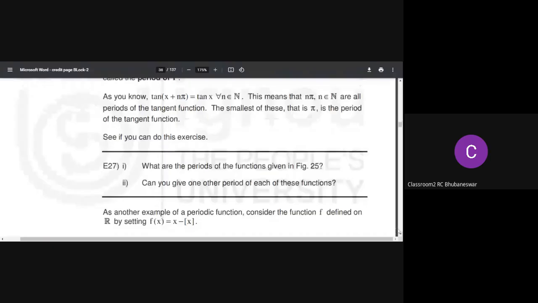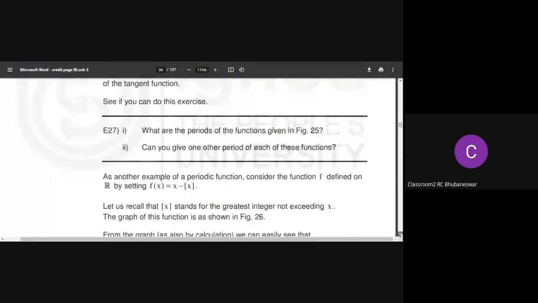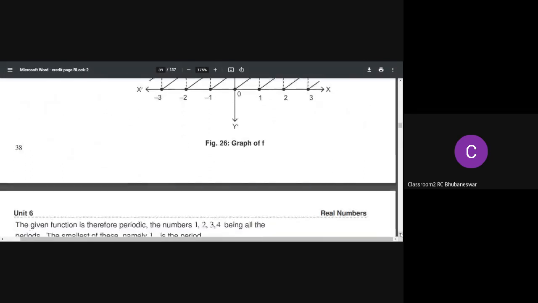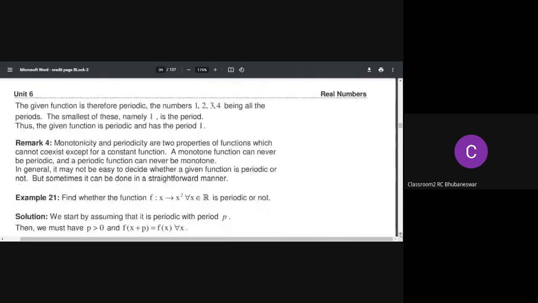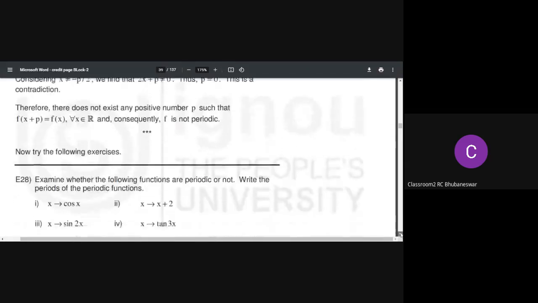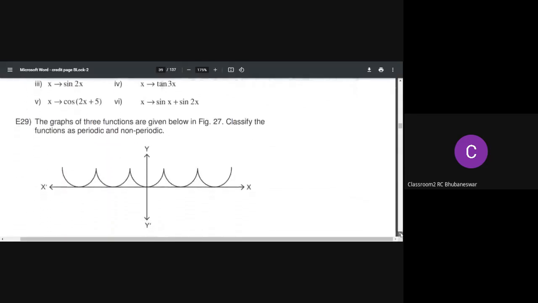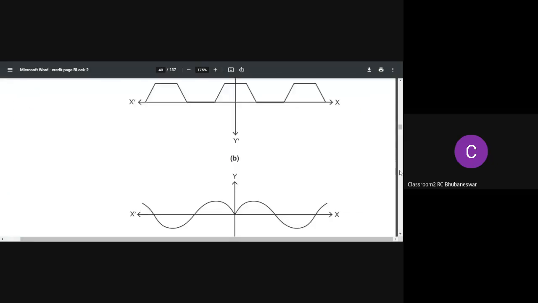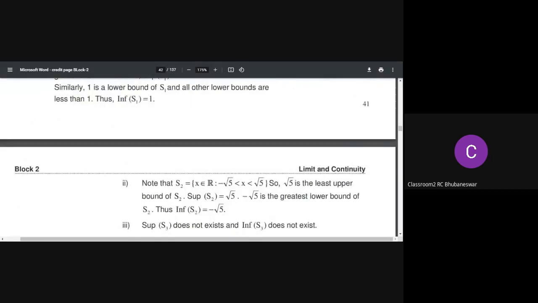Now some figures have been defined, the property of increasing and decreasing functions. And now the periodic functions, which are well known to us, and the graphs of some periodic functions are also given. And this is the graph of the sawtooth function, which is also known to us in the function chapter. So we are not going to elaborate all these functions. So this is the summary of the first